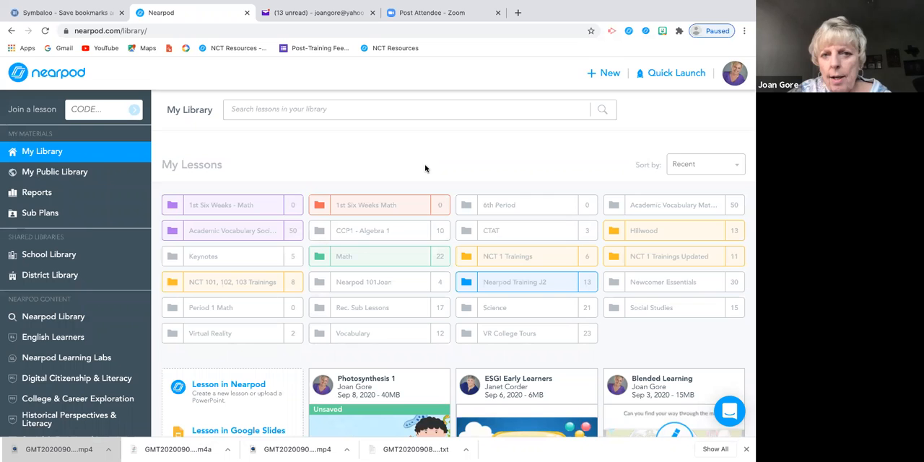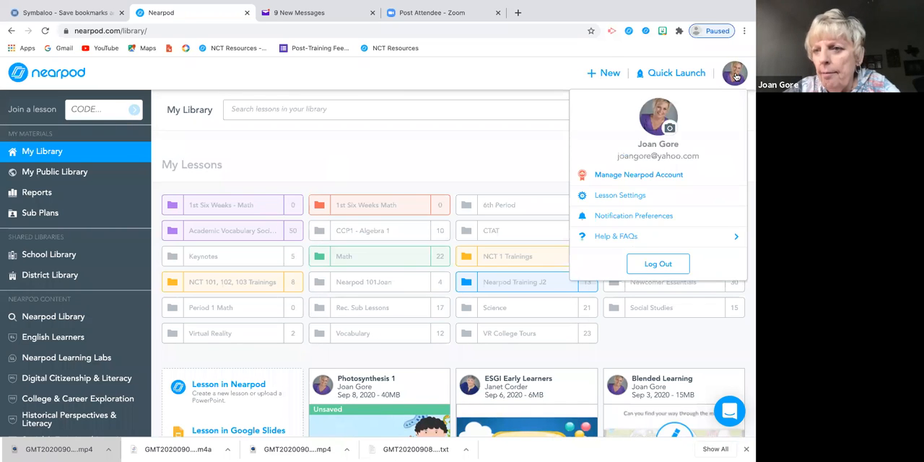This is where I would like for all of you to be: in your account. Click on your Nearpod home button, and it should take you to your library. When you're on this page, this is where you can go to different pieces. I want us first to go up here to your profile. Mine has a picture in it, and yours may be just a gray circle. But click on that, slide down to lesson settings,